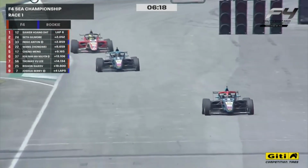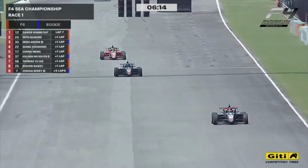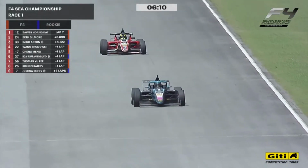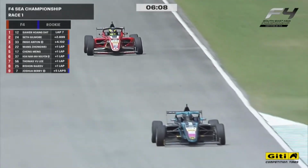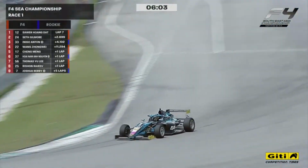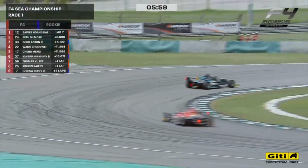He is a very lucky man, by the way, Rishon Rajiv, that he was able to return to the racetrack, because he went off exactly the same place that Josh Berry did. And of course, Berry's spin buried him in the gravel. So the fact that Rishon Rajiv was able to recover from it, very fortuitous indeed. Wang Shengwei goes past my position in fourth place ahead of Cheng Meng. Then Ben Ying, and then it is Thomas Yuli